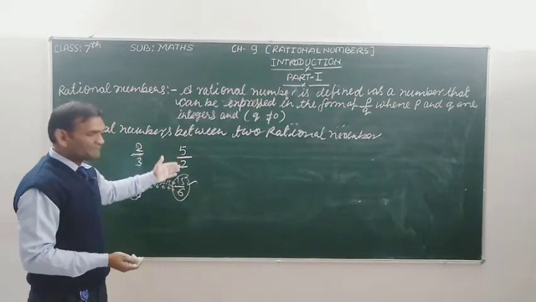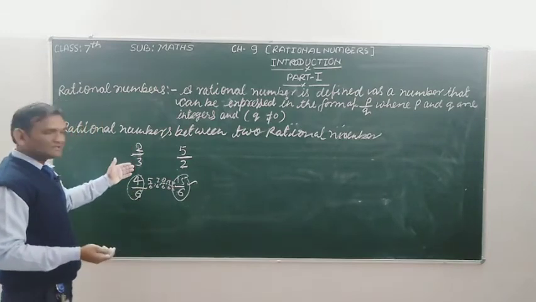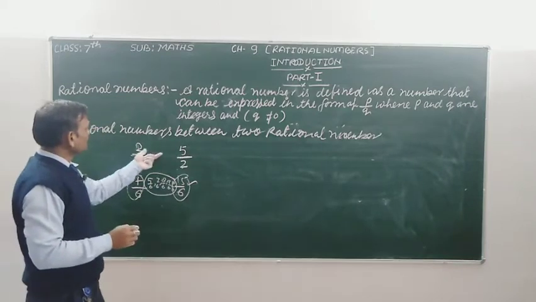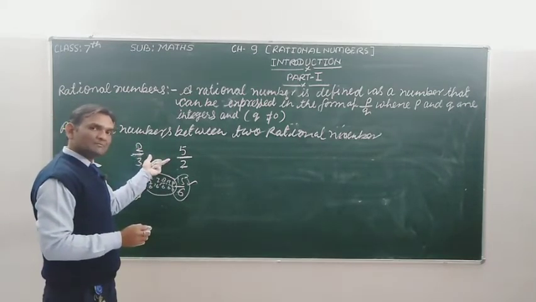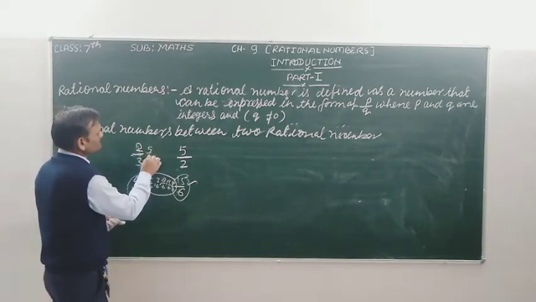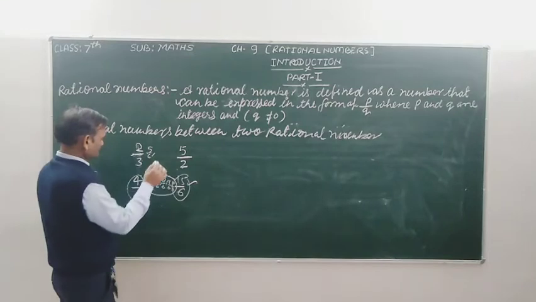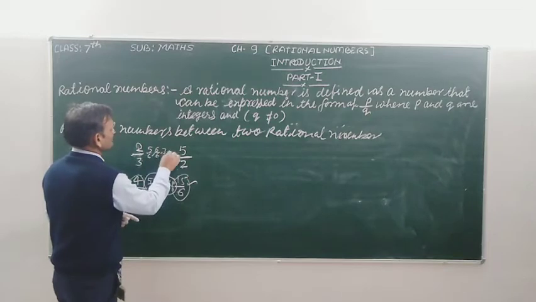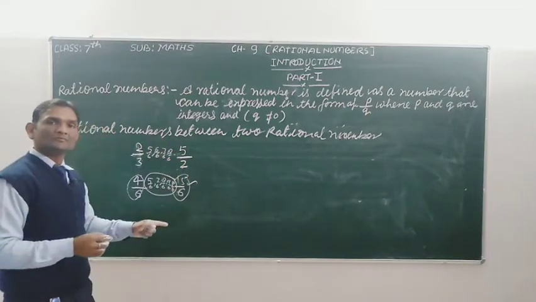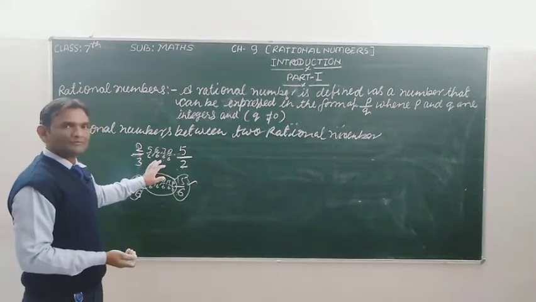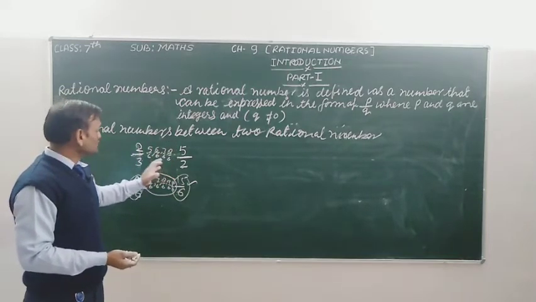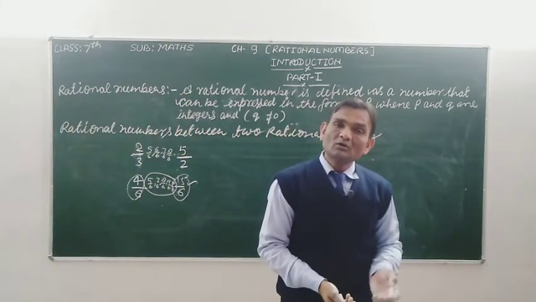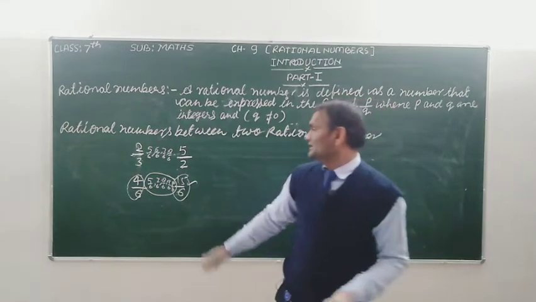15/6 is equivalent to 5/2 and 4/6 is equivalent to 2/3. So these fractions also lie in between these two rational numbers, means 5 upon 6, 6 upon 6, 7 upon 6, 8 upon 6, like this. We can write many fractions, many rational numbers, if we need to write between the two given rational numbers. How? For finding, we make the equal denominator.